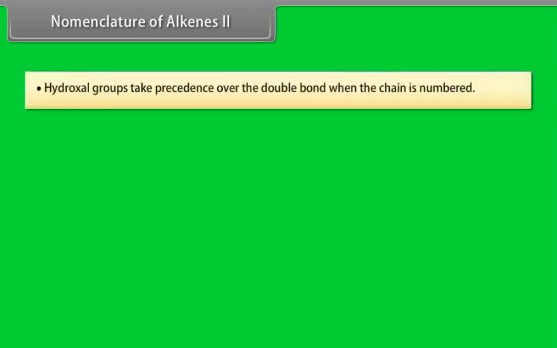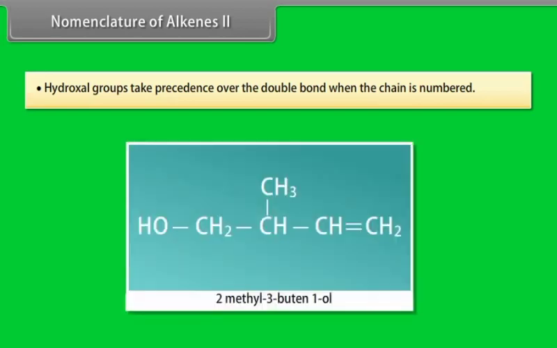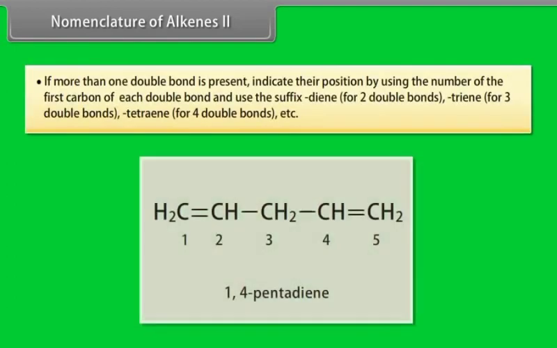Nomenclature of alkenes, Part 2. Step 7. Hydroxyl groups take precedence over the double bond when the chain is numbered. This compound is 2-methyl-3-buten-1-ol. Step 8. If more than one double bond is present, indicate their position by using the number of the first carbon of each double bond and use the